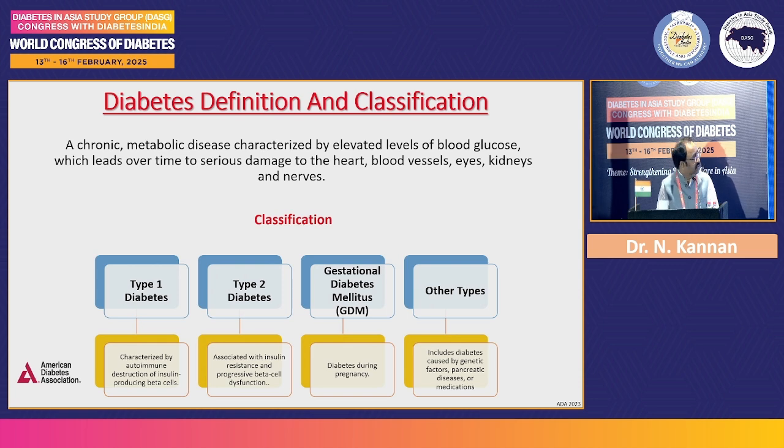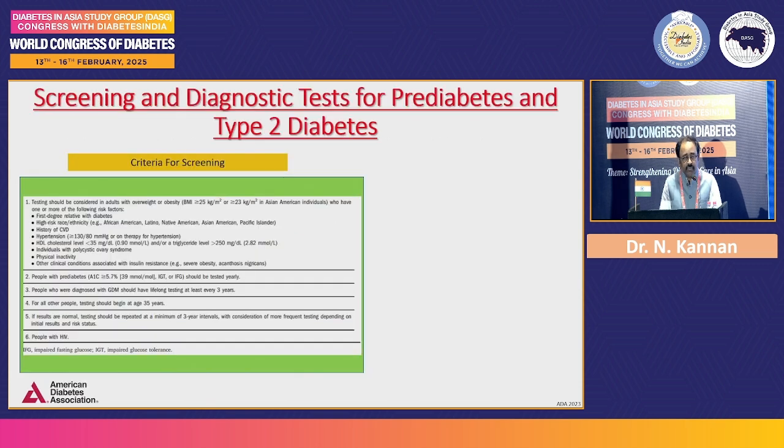Traditionally, we have this classification. We know type 1 diabetes, type 2 diabetes, and GDM, we have LADA, MODY, secondary diabetes, pancreatic diabetes, and so on. So what are the criteria for screening of diabetes, including pre-diabetes? Those subjects who are high risk, those with HbA1c more than 5.4 or 5.8, those who belong to high-risk families, Indian phenotypes, obese patients. These patients should be considered for pre-diabetes screening as well as diabetes screening, once and for all.